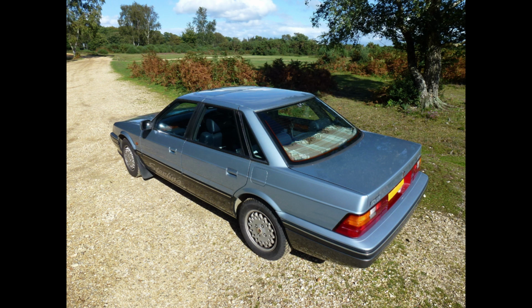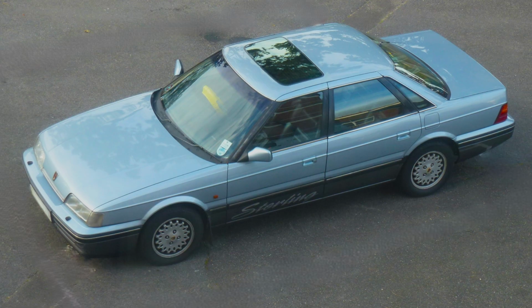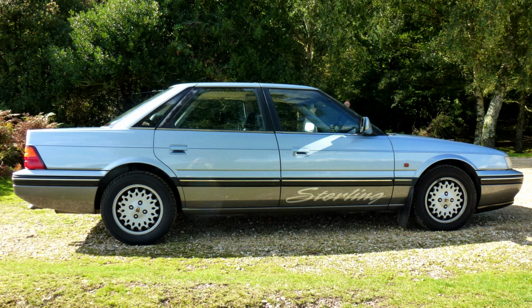It was fairly easy to determine the top of the range Sterling model from the other 800 models, because the Sterling was the only one that came with two-tone paint. And my car is finished in Asia Blue Metallic, a lovely light blue metallic. And the lower half is in gunmetal, which is a dark grey metallic. Now, that said,